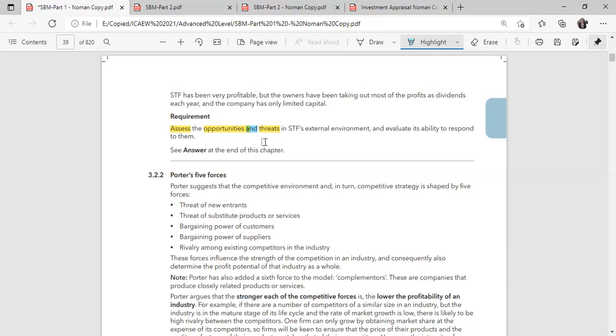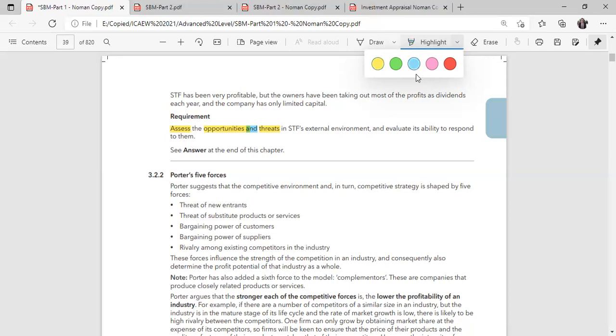So your time has passed, you are overrunning on time, there is a lot of panic in your mind, and there will be a lot of issues. To avoid that hassle, it is advisable to always read your requirement with patience, with time, understand it, and then move on. Obviously, we are solving our first question, so we will take a lot of time. Apart from that, as we solve the question, my main purpose is to make sure that you understand these questions. So definitely, we will take a little longer as compared to your original exam time.